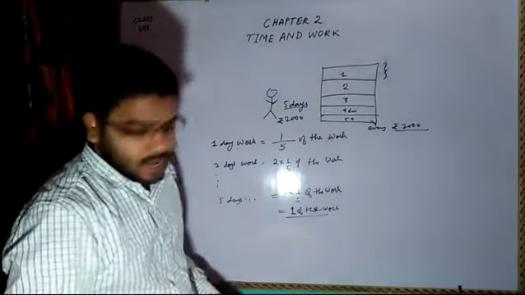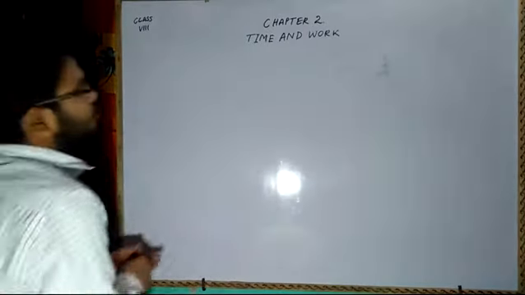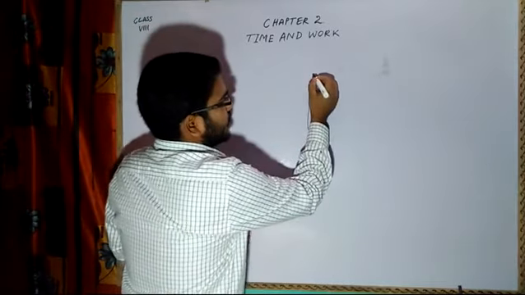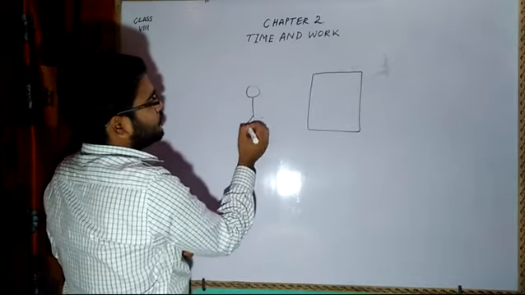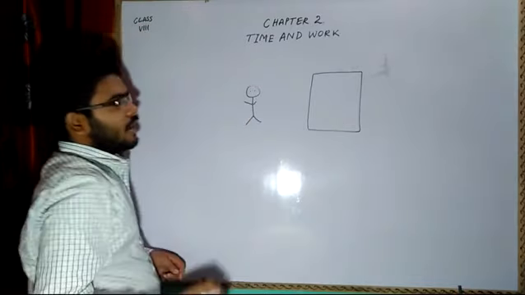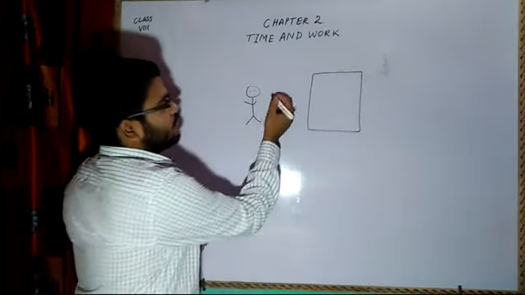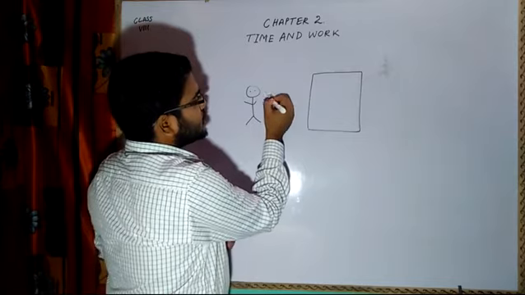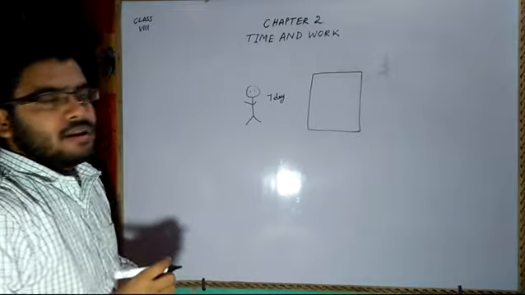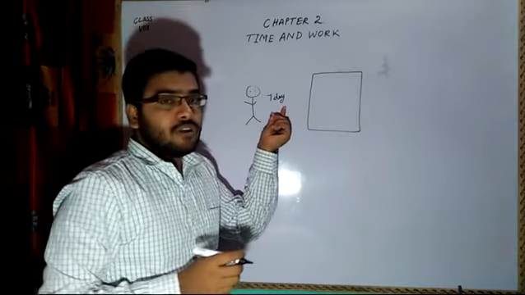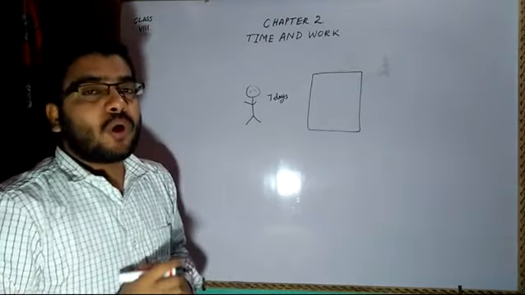Now, if I have another example, I have another piece of work for a man. Okay, I have this land and I called a laborer. He came and I asked him, my dear, please finish this work. Then he said, sir, I will be able to finish the job in 7 days. But I don't want my work to be finished in 7 days. I wanted that my work should finish before 7 days.